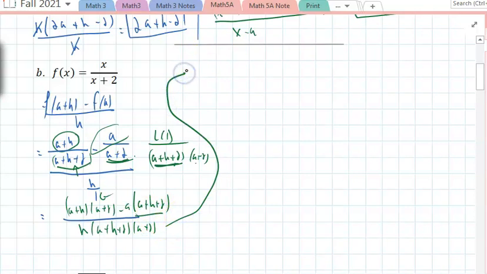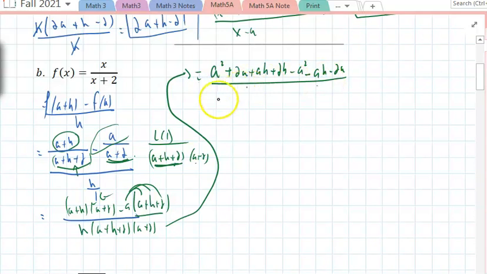And that would be a squared plus, I'm FOILing those, 2a plus ah plus 2h. Distribute the negative, minus a squared minus ah minus 2a, all over h times